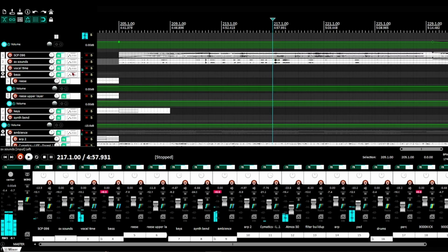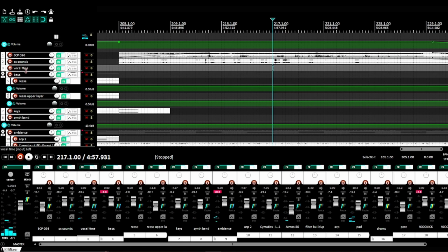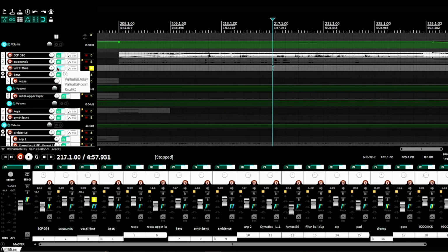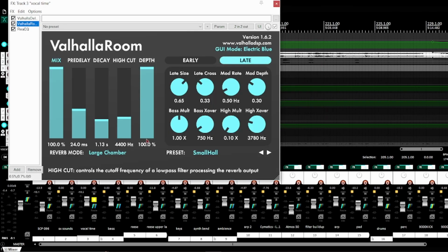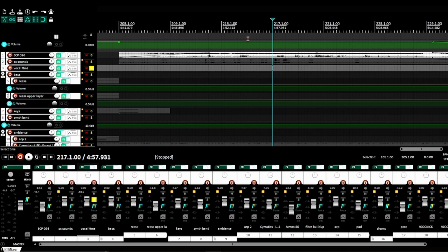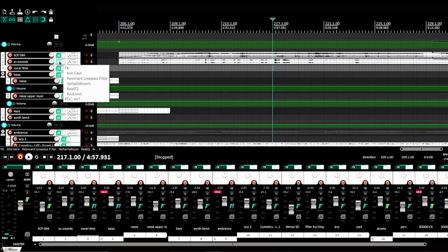Yeah. The vocal track is called vocal time. I like to get a little ironic with my track naming, but it's just a reverb and vocal delay send, or delay reverb send, a spacey vocal delay preset, and just a small hall, just to make it sound right. Oh, and it's only for the SP096, because this one has a lot of other